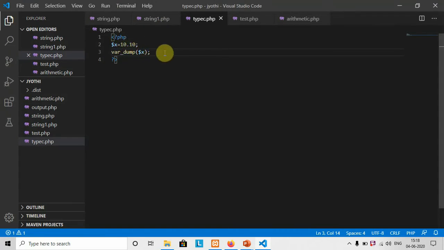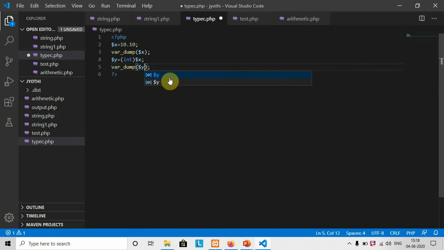This is the value. Now by using the explicit typecast, I am going to convert it. Now listen, I am taking the output to another variable y. So $y is equal to int of the original source variable, which is $x. Now we need to find the type of this y variable. Of course, we have converted it to an integer, so the type should be an integer. You can see that we got it. Originally the type is float, but by using a typecast we converted it into an integer.